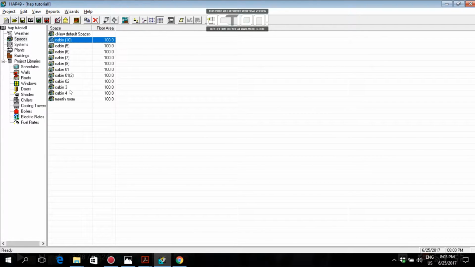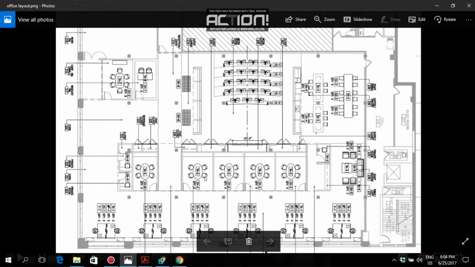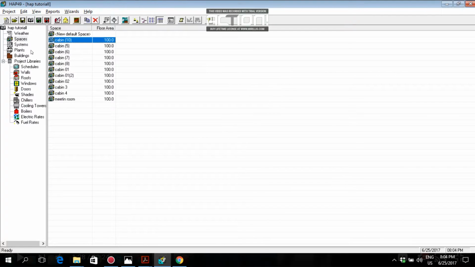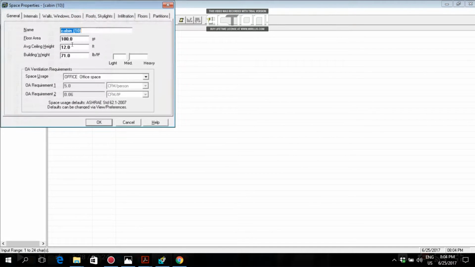In the real scenario, this cabin information is going to differ cabin by cabin depending upon the orientation of the building, the orientation of the space, area of the space, length of the wall, height of the wall, exposed roof, and lighting information, lighting fixture information, and the number of fixtures we are going to use. All these common factors are going to depend on this information. For example, if you see this cabin 10, 100, 12, 71, same